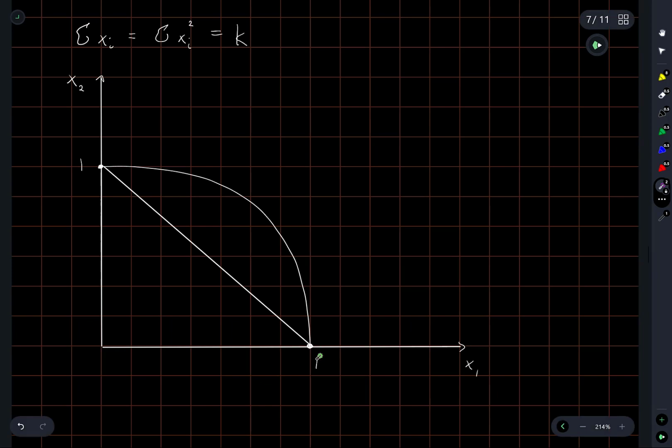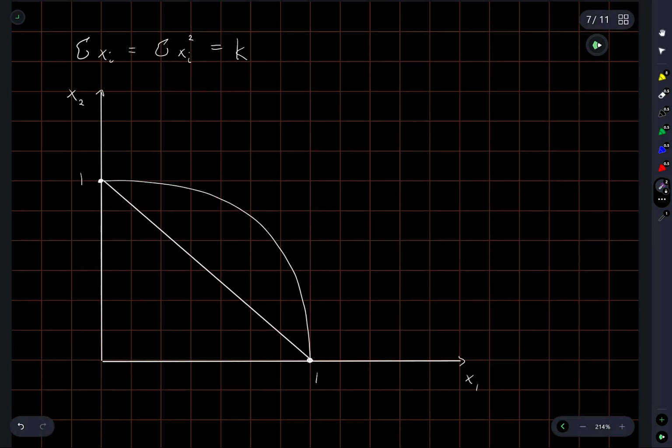They'll both be equal to 1 because we either have this point or we have this point. So it doesn't really help to think of k equal to 1. So let's think about some other values of k. So if k is greater than 1,